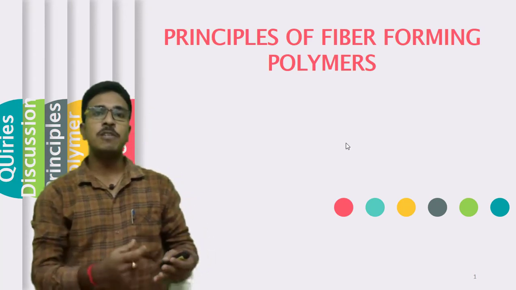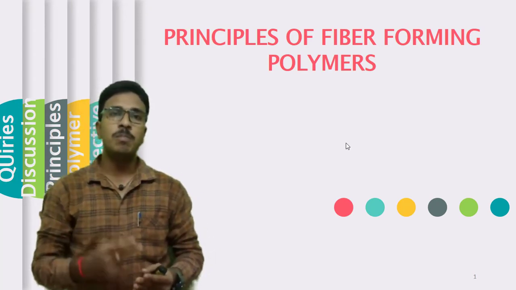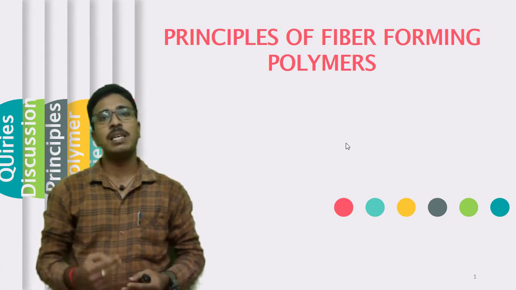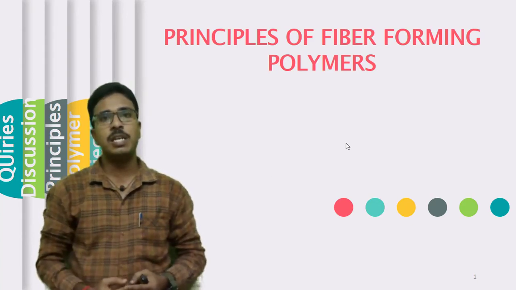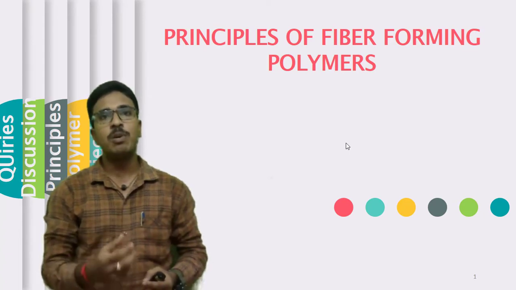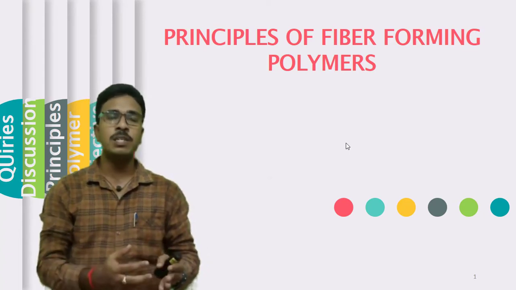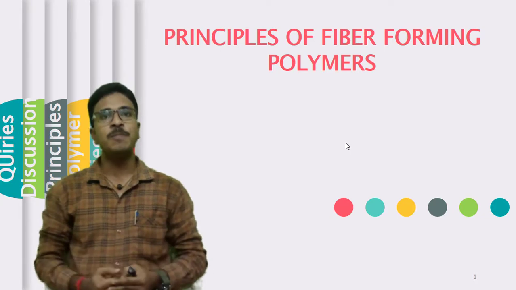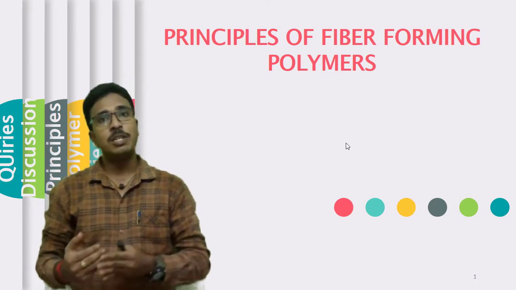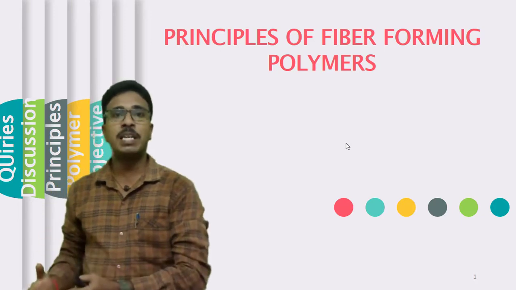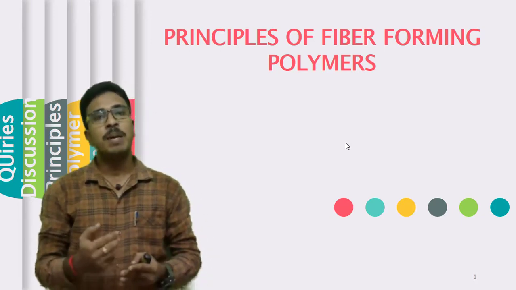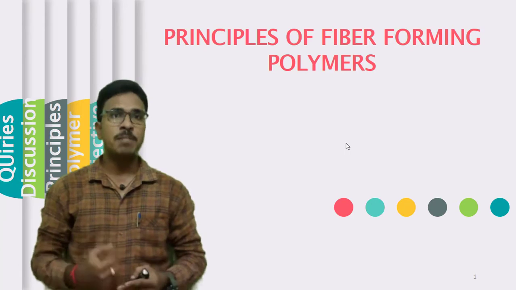If you look at production of polymer, there are two important mechanisms like condensation polymerization technique and addition polymerization technique. These two are the important polymerization techniques through which these polymers are produced, and then after production of the polymer, that particular polymer is taken for making continuous length of yarn by means of a process called spinning process.